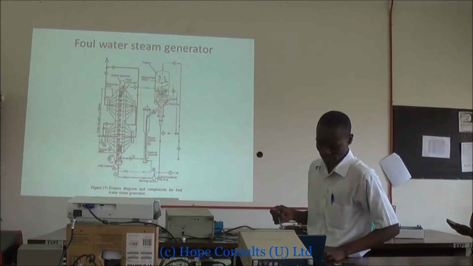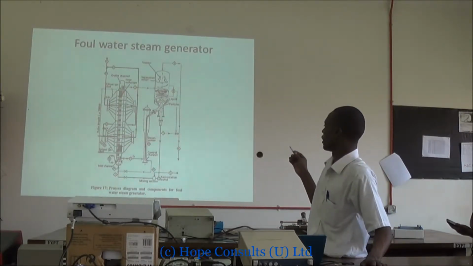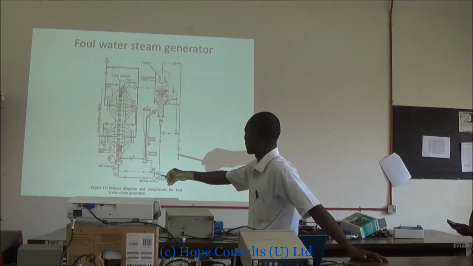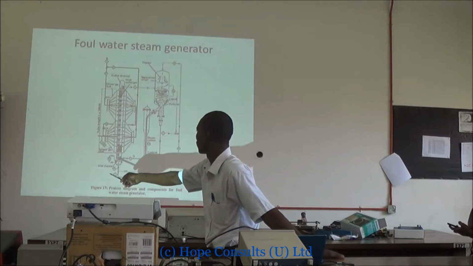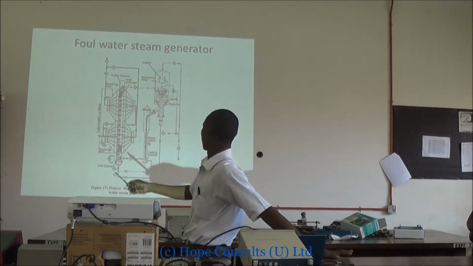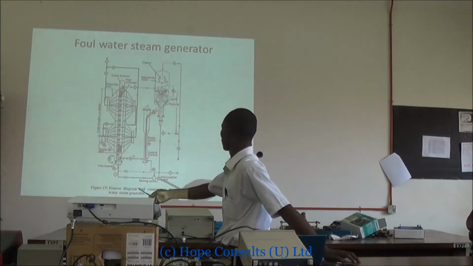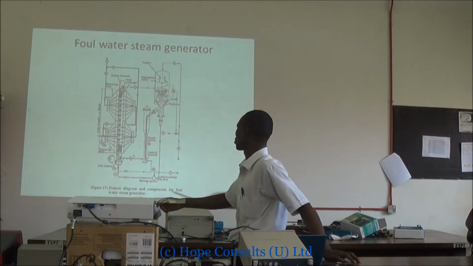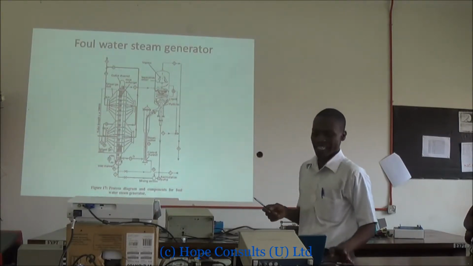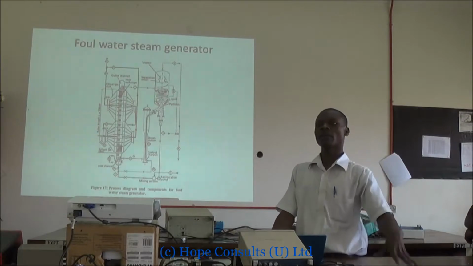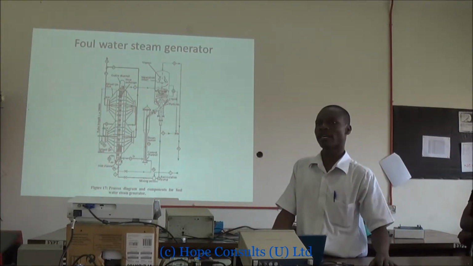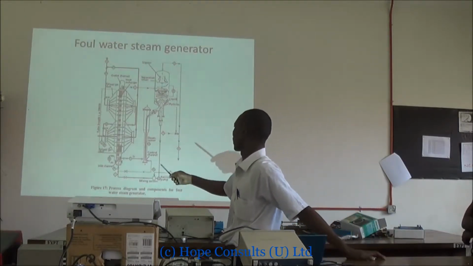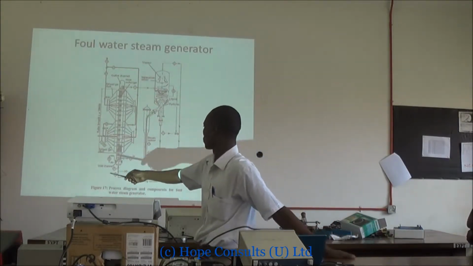And what happens is that it is embedded with tubes that bring about evaporation. We have an inlet channel at this point here, if you can see. We also have a circulation pump at this point, and next to it is an insertion section. So what happens is, remember it is foul water. We make it go through here, and when it enters through the inlet channel